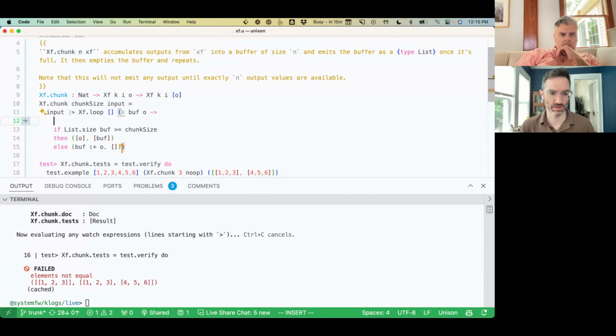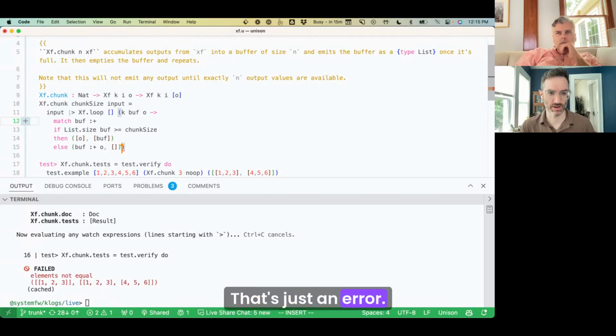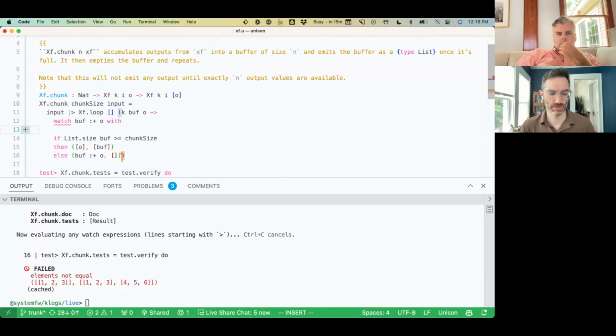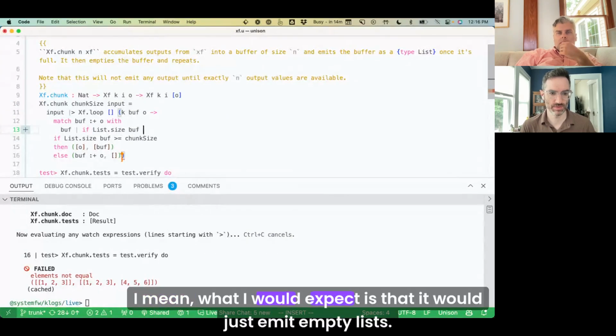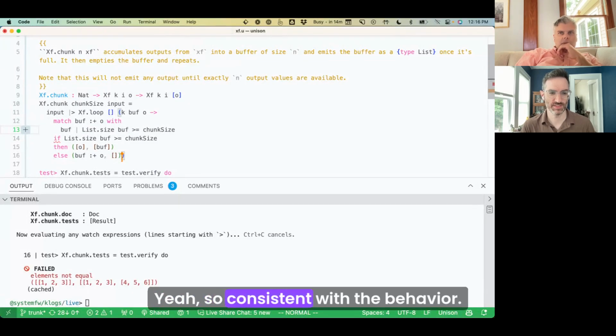We'd say match buff. I guess what if you pass in chunk 0? That doesn't make sense, does it? That's just an error. What I would expect is that it would just emit empty lists, consistent with the behavior.